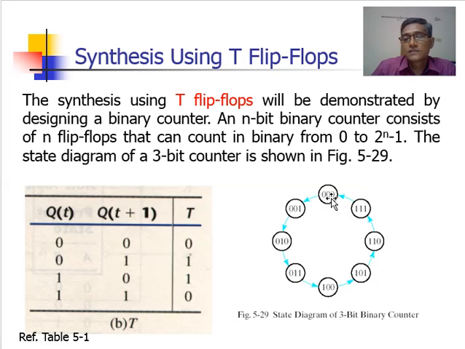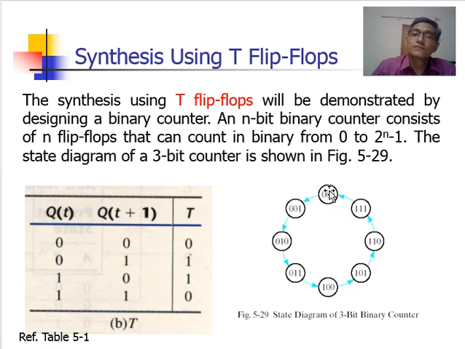So it starts with 0 0 0, 0 0 1, 0 1 0, 0 1 1, 1 0 0, 1 0 1, 1 1 0, and then it goes to 1 1 1. After counting 7, it again goes back to 0 0 0. Now, when we are going to use T flip-flops for this design of counter, we need to go back to